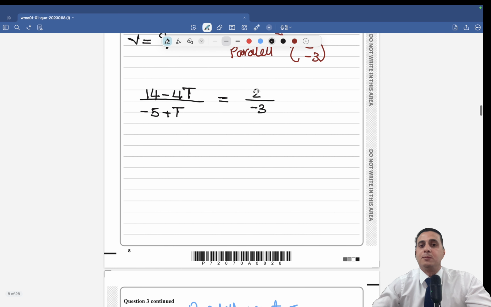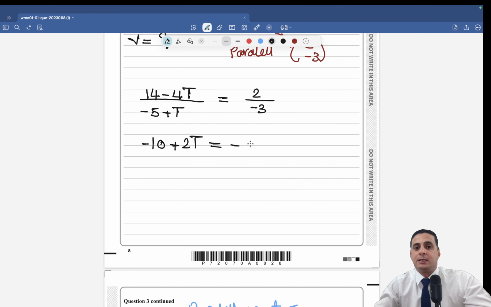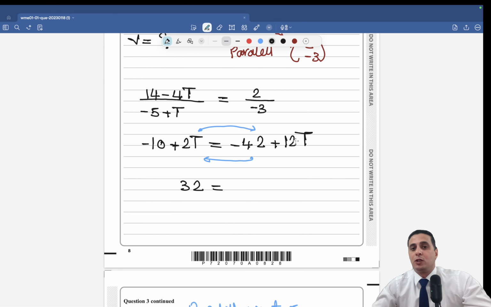Let's cross multiply. 2 multiplying by negative 5 is negative 10 plus 2t. Negative 3 multiplying by 14, that's negative 42 plus 12t. Let's move this one here and bring this one here. So now we have negative 10 plus 42, that's 32. 12t minus 2t, that's 10t. Divide by 10, so t equals